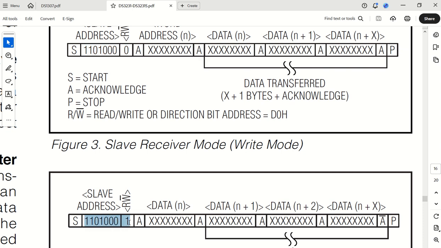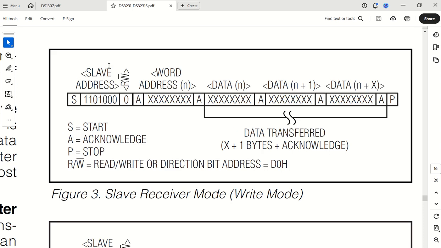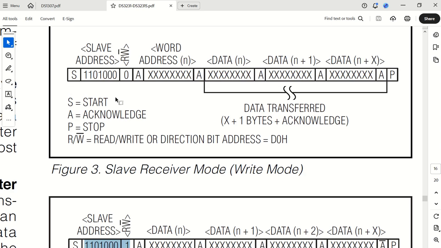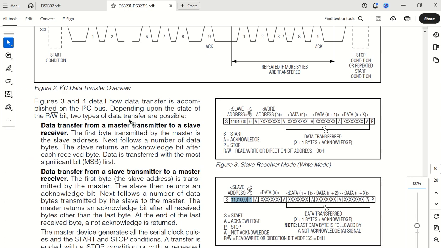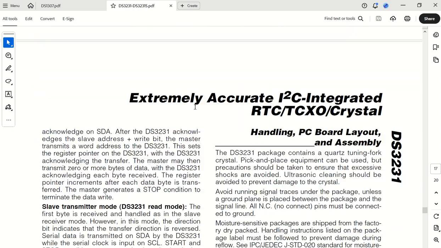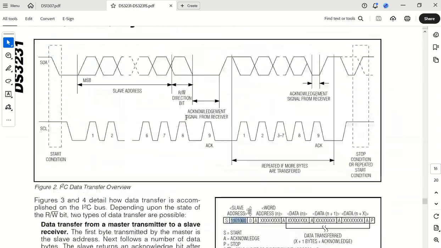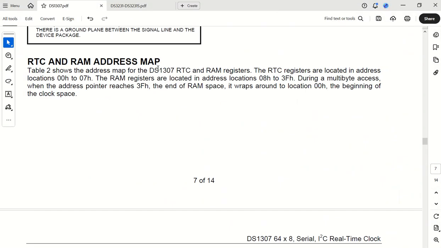And there's a D1, which is also exactly the same as in the 1307. So the slave address of the 1307 and the address of the DS3231 is exactly the same. So real-time clocks have basically a D in the beginning of the hex value of the slave address for both cases. But as I've said, in my case, I'm going to make use of the 1307, and I'm going to work from there onwards.